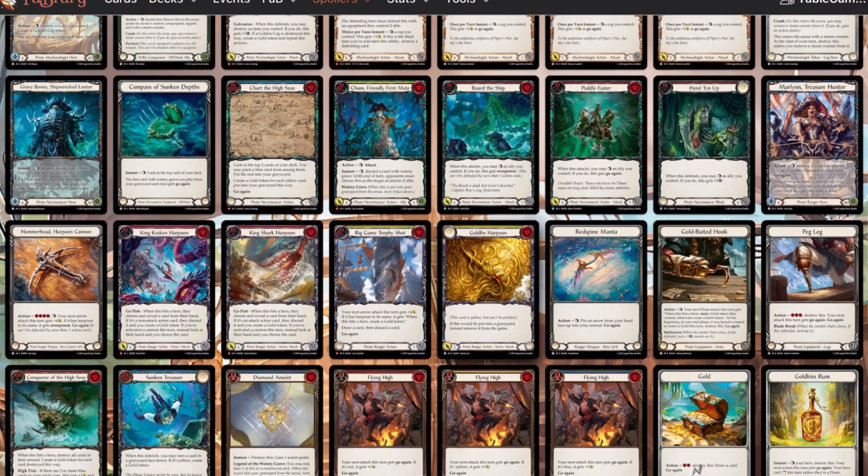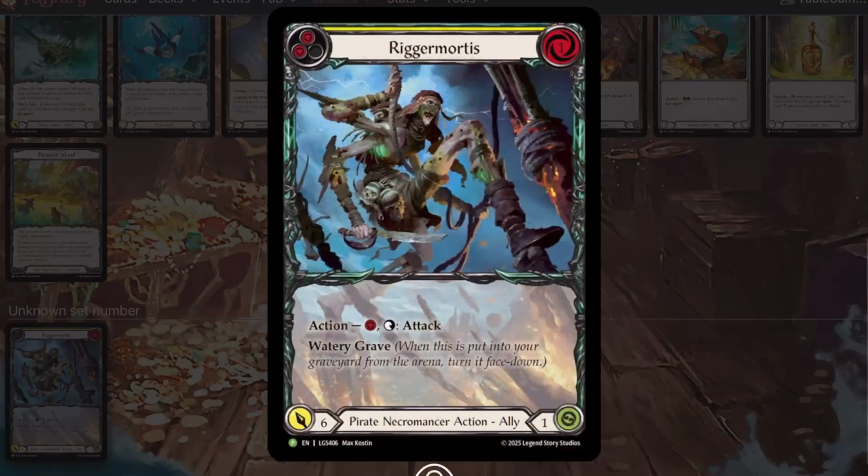Maybe that's just me. But then, one more card that I do want to talk about. Technically, it's not an unknown set number, but it is a Pirate Necromancer card. It is a Gravy Bones card. Rigor Mortis, a 2-pitch, 1-cost Pirate Necromancer action ally. It has 6 power, but it only has 1 health. But as an action, you can pay a resource, tap, and attack with Rigor Mortis. And it's got Watery Grave, of course. But Rigor Mortis here, I mean,